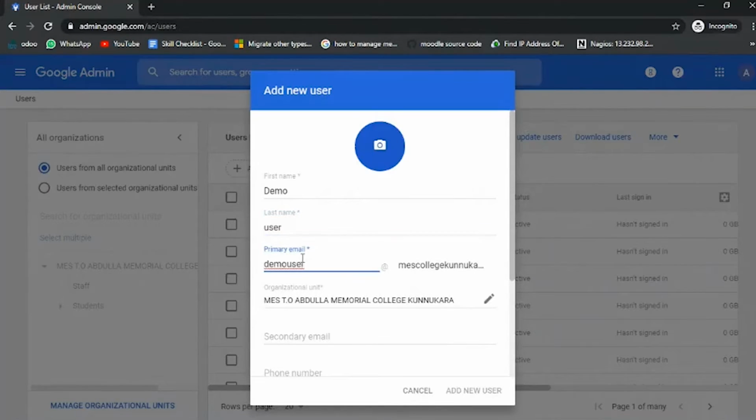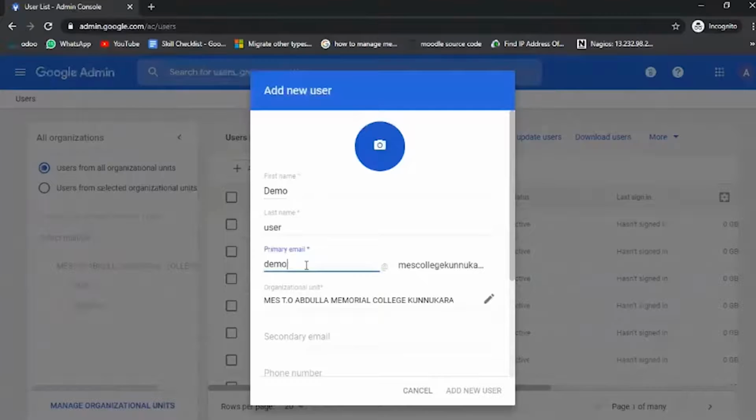When I click primary email, the first name and last name are combined automatically. If you want to edit the email address you can, or leave it as default. So I'm typing demo user at our organizational domain.